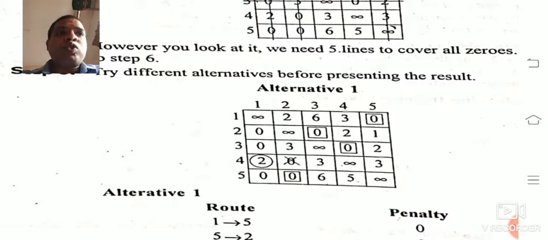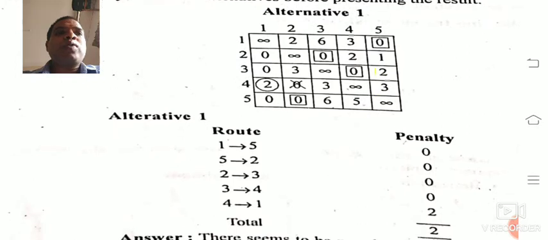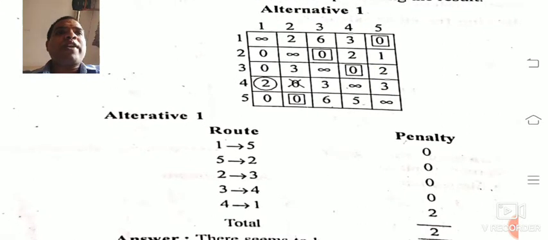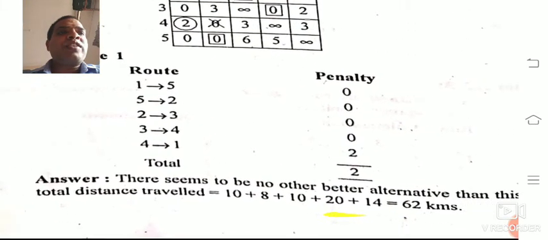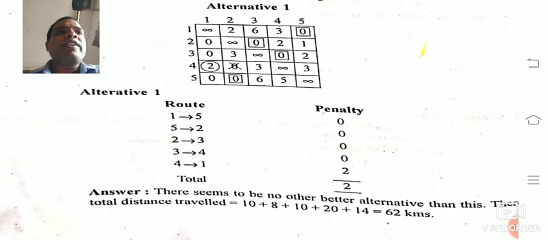In 4 to 2, we have deleted the zero, and after the zero the next minimum element is 2, so we have assigned that cell, so 4 to 1. We have got the best route as 1 to 5, 5 to 2, 2 to 3, 3 to 4, 4 to 1, and we are getting a penalty of 2, and the total distance traveled is 62 kilometers. Okay, this is the traveling salesman problem.